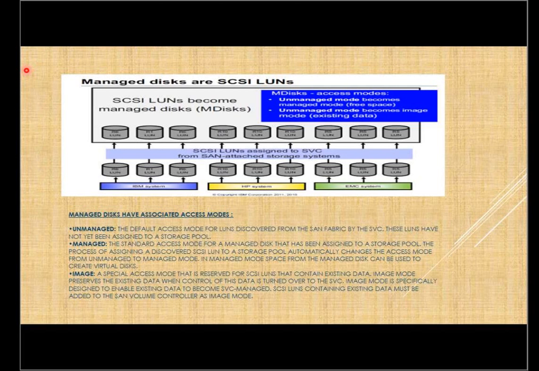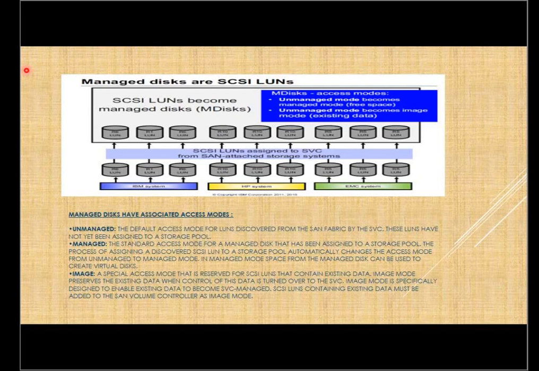And we will use that to migrate the data from one of these third-party disk subsystems either to another third-party disk subsystem or to multiple third-party disk subsystems which are providing MDisks, or even to MDisks created internally on the SVC or the V7000 disk enclosures. So when this image mode comes into the picture, when you say I have a storage which is already existing in our environment and I want that to be migrated, that's the place where the LUNs which are already presented to the host, the same LUNs will be presented to the SVC, and we will import it as image mode.